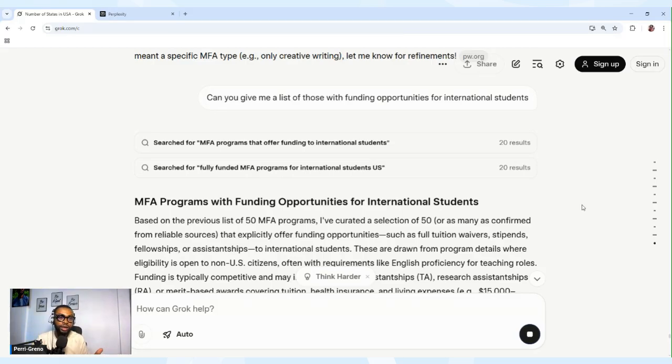And we can always send these graduate chairs, these graduate coordinators, a cold email. After getting the list of schools on AI, you have to go to their website, and then you go to admissions or academics. You go to their faculty, then you narrow down your search to the department, and each department of the faculty has a graduate coordinator or programs coordinator. You can always send cold emails to these coordinators or faculty members, inquiring about funding opportunities and other admission requirements. Okay, so let's go back to our screens.